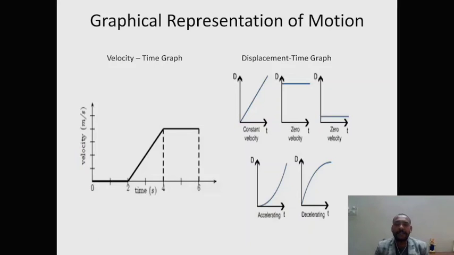There is some graphical representation of motion. In the first graph we can see the velocity time graph. In the first 2 seconds the velocity of the object is 0, and from the second to the 4th second the